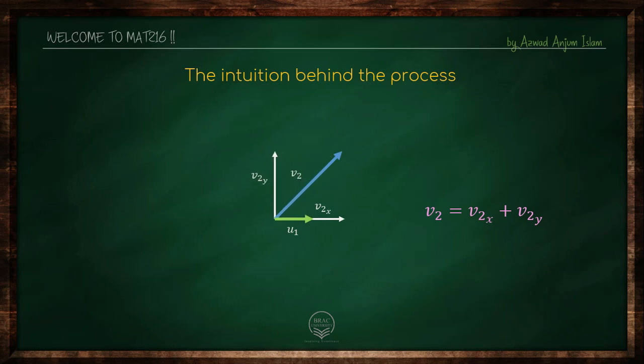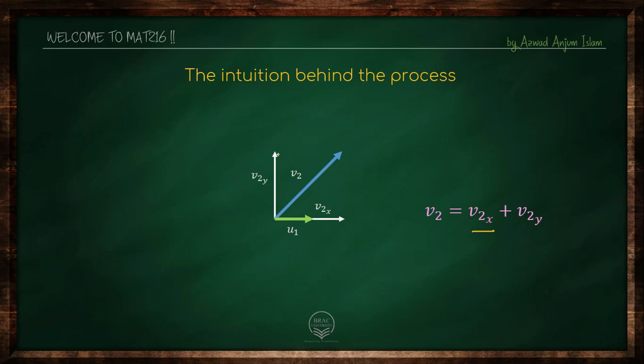This is just a better representation. The same thing, just a better representation. All right. Now, as you can see, we don't need this portion, the v2x part, because this part is already covered by our first vector of the basis, u1. Anything on this line is being taken care of by u1. We don't need this portion.